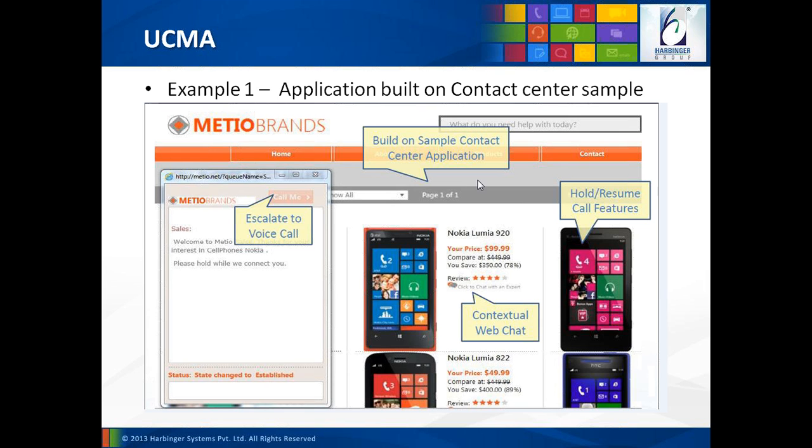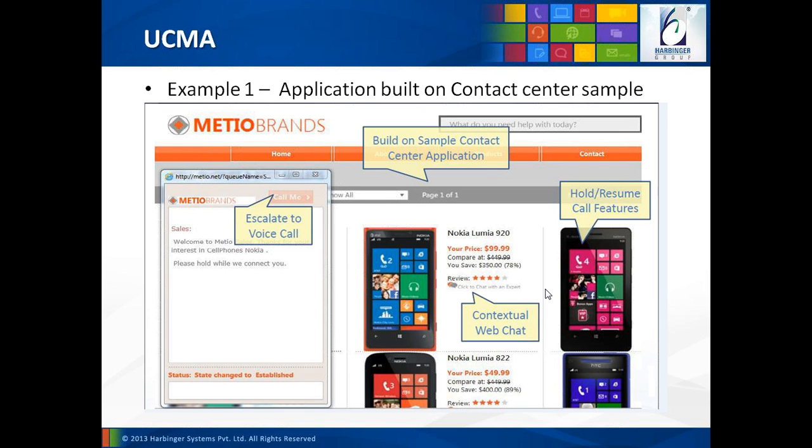I don't know if you can see it clearly, but there is a link which says click to chat with an expert. So if you are interested in a particular product and you want to know more about that product, you can click on that link.